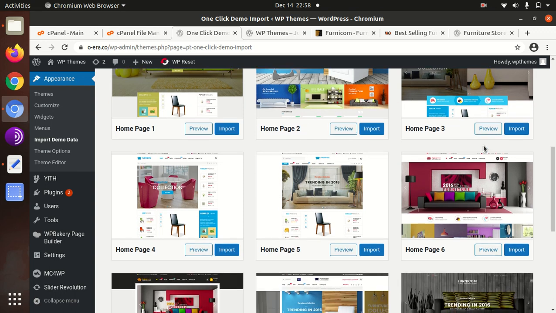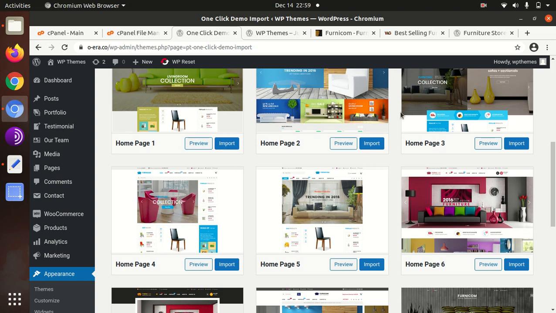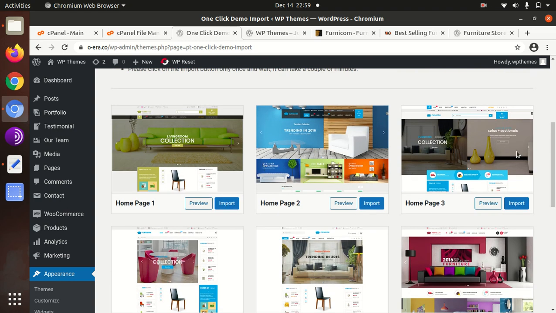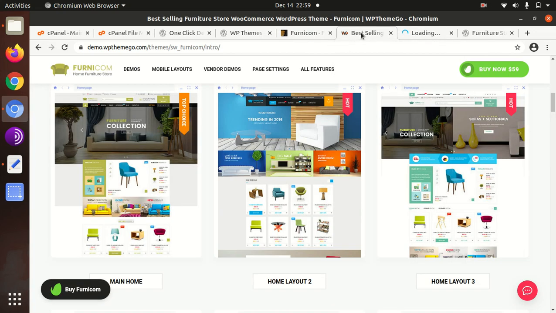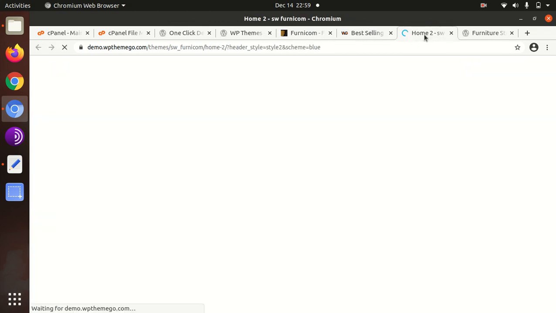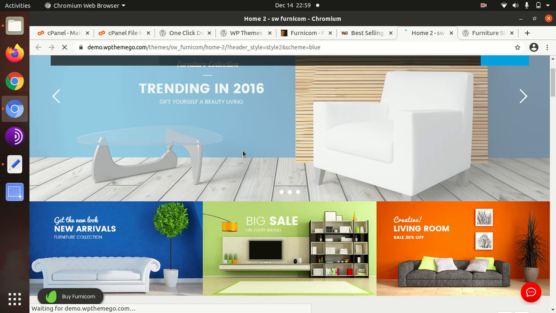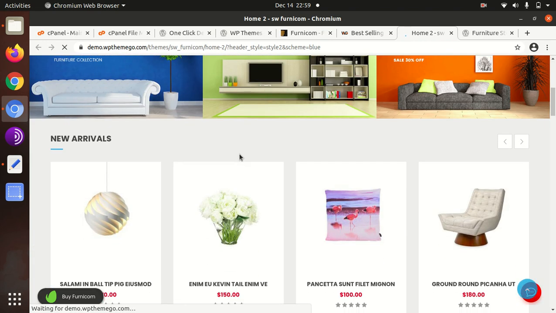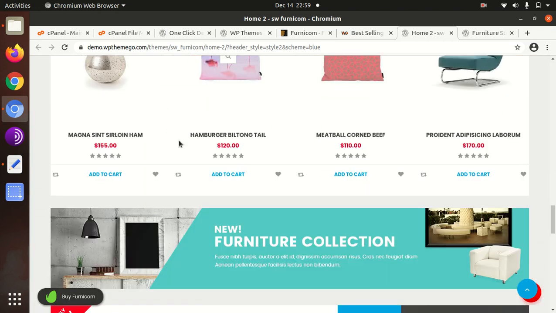We have seen home page 1, but we have 10 options to choose from. You may choose any one of these to import, and all have a very stunning and wonderful look, so you can choose according to your choice. Home page 2 layout is also very good, and in fact all are very good, so we cannot compare one another. It is just a matter of individual choice, a matter of look only. So this is home page 2,